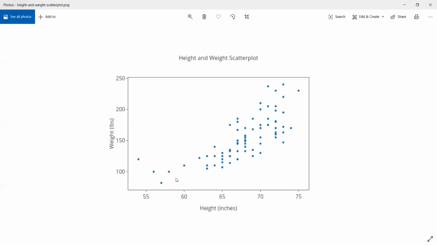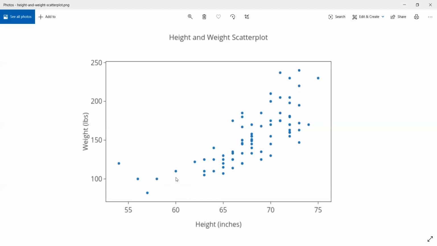Then we have the last diagram, which is a scatter plot. Scatter plot will look like this. A scatter plot is a little vague in the sense that there are at least two variables, but they are varying a lot. Let's suppose I am trying to measure the trend of the weight and height relationship in a particular population. Let's suppose I'm taking the Indian population. I'm trying to find out what will be the average weight of a person in a certain height range. So I'm taking inches, look here, height.